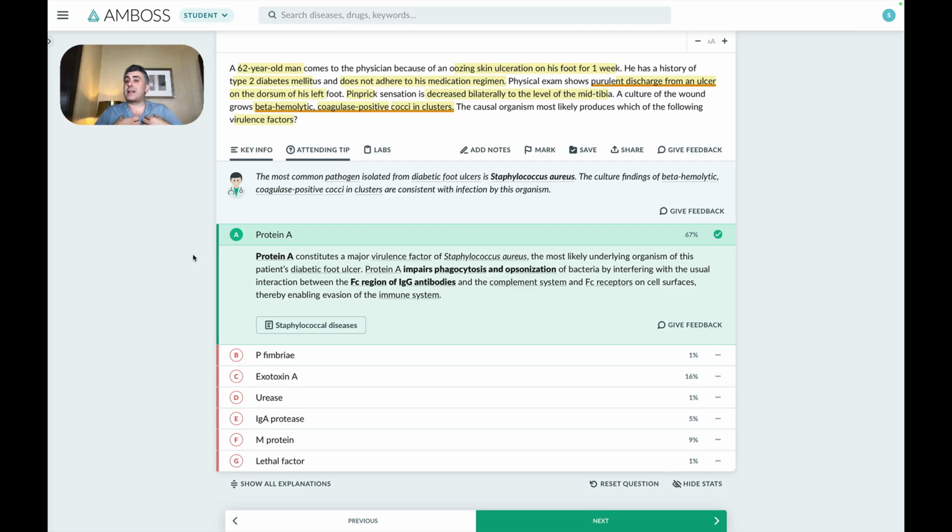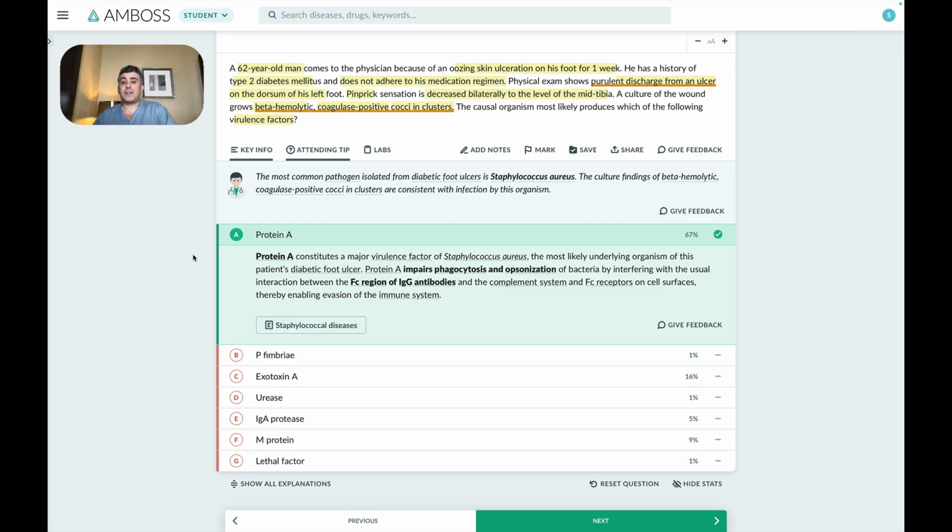If you come to me and say, Dr. Stavros, I'm not exactly sure what organism it was, well, there are so many to choose from. So if you find yourself having difficulty, then you stop and read every answer choice. Really understand, take notes, and figure out, okay, which one has protein A, which one has so on, so on, so on. And then you might have to take a step back, like I mentioned in many of our videos,